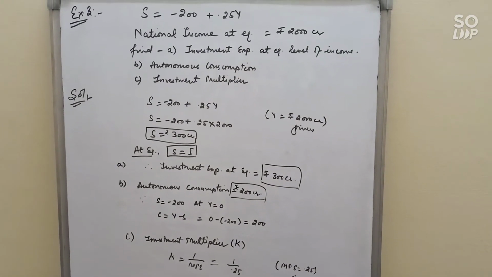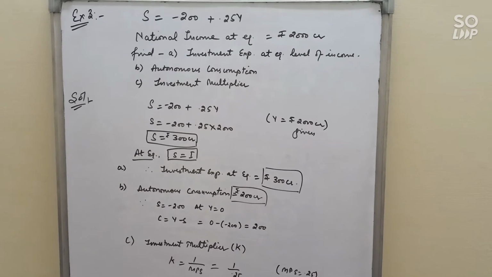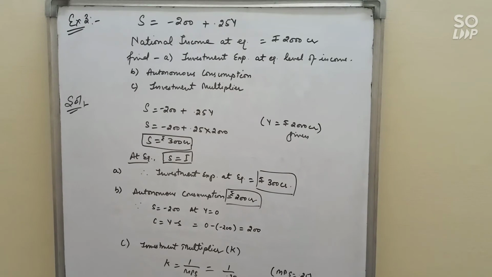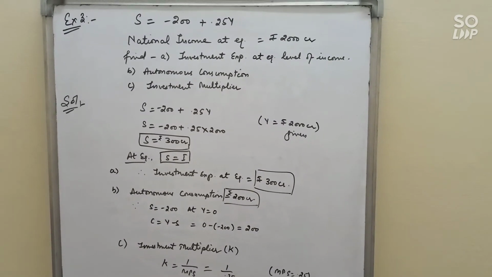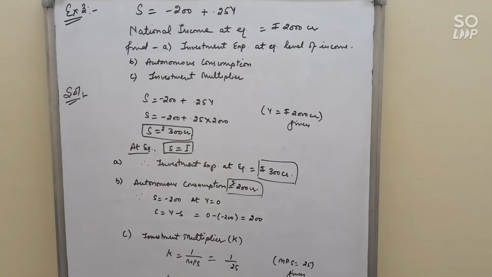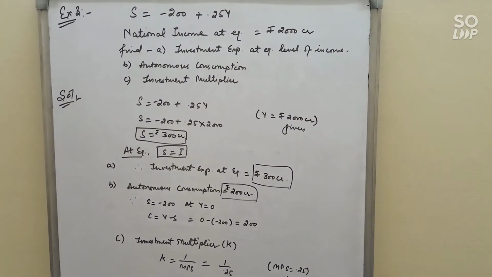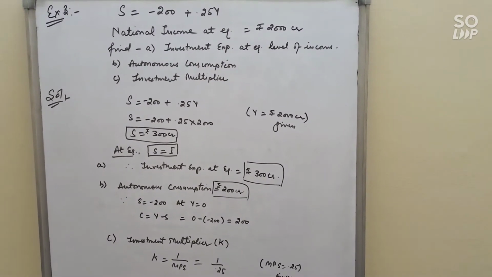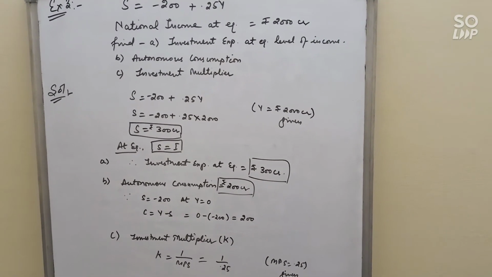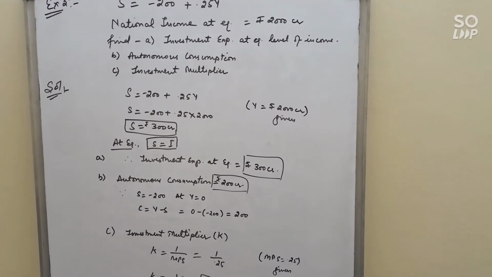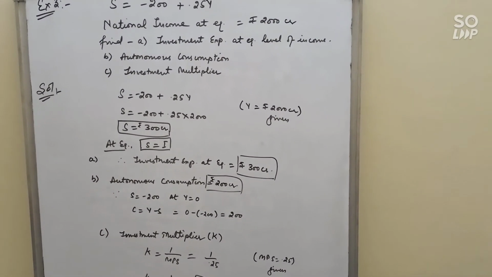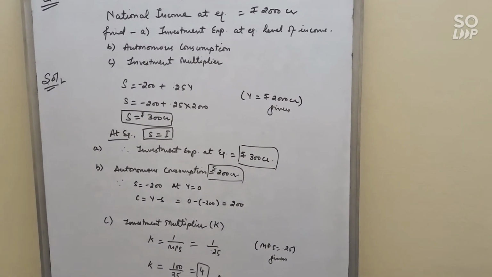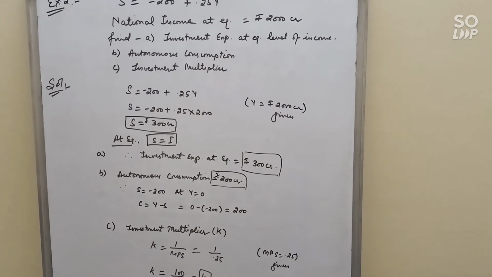So we have the saving equation. Put the value of income in this equation. So we have minus 200 plus 0.25 into 2000, where 2000 rupees crore is the income. When you solve this equation, we have saving equal to rupees 300 crore. At equilibrium, we know that saving is equal to investment. We have done the S-I approach. According to that, planned saving will be equal to planned investment at the equilibrium point. So investment expenditure at equilibrium will be rupees 300 crore. Clear first point?